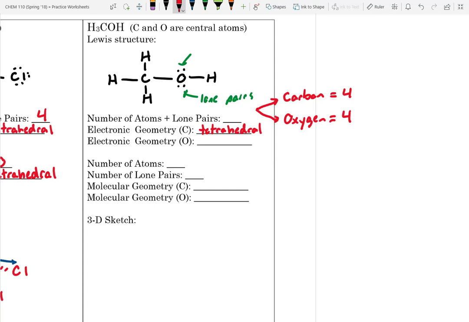So more specifically it would be bent, but the electronic geometry is the really general one. So this would also be tetrahedral. However, like we said, the specific geometry for oxygen would be bent. So this is the specific. The electronic one is the generic